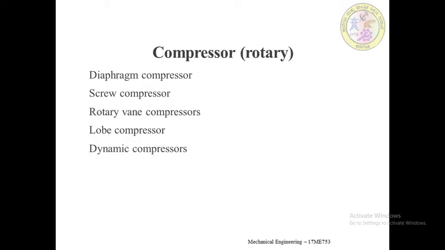Okay, coming to the compressor, it can be broadly classified in various forms, that is rotodynamic and non-rotodynamic generally. In this particular chapter, which consists of several classifications, the rotary classification can be broadly classified as diaphragm compressor, screw compressor, rotary vane compressor, and lobe compressors, which all come under the dynamic compressors family.